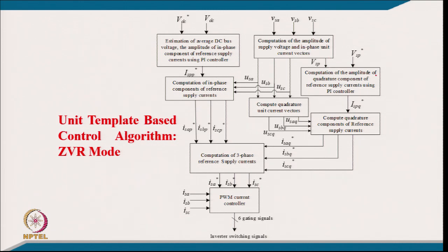So, we can calculate the amplitude of the quadrature component, keeping a reference supply current, using again another PI control. These are also DC quantities under steady state condition. So, we can keep another PI controller, and this output of the PI controller is the typical value of the amplitude of quadrature current. It may be leading or it may be lagging, mostly it should be leading current amplitude from the supply voltage,